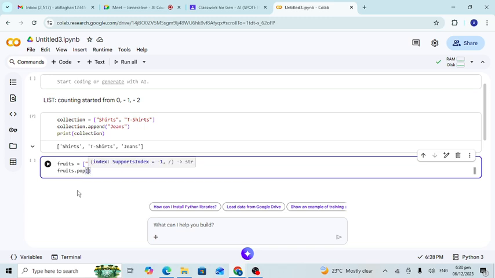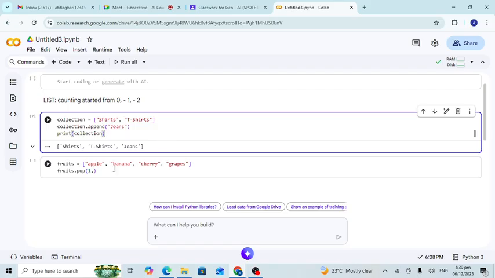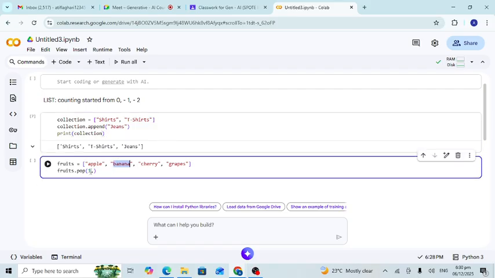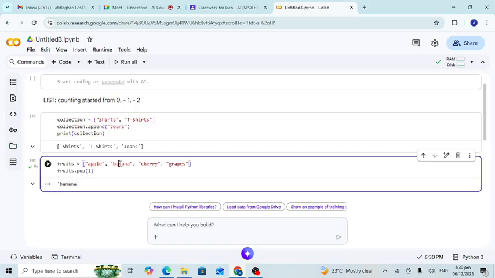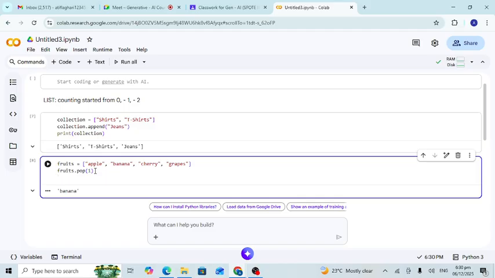In pop, first of all, we have to write the index, like 1. On the first index, I have banana. So let's see if it will work or not. So it returns me banana because it also returns the value. In fruits.pop, it removes banana, and also if I print it,